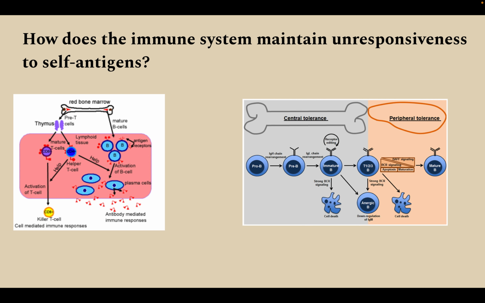Central tolerance takes place during the first steps of T and B cell development, which happen in the thymus and bone marrow. This is where the cells that strongly bind to self-antigens are eliminated through apoptosis or corrected through receptor editing. This isn't always the case, as some self-reactive cells evade the process, which leads to peripheral tolerance as a second backup. Self-reactive cells in peripheral tissues are either rendered anergic, suppressed by regulatory T cells, or killed through